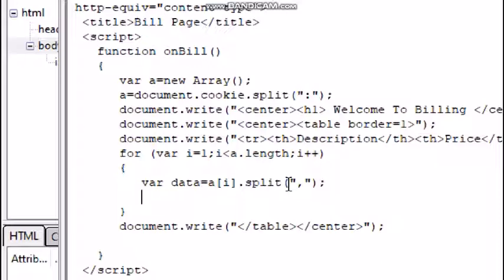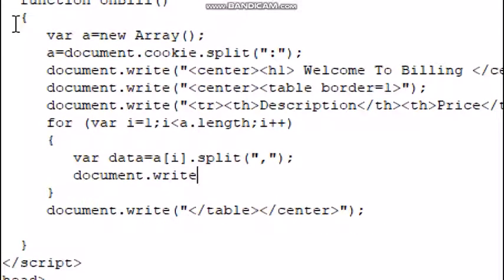So here I will write document dot write within double quotation mark.